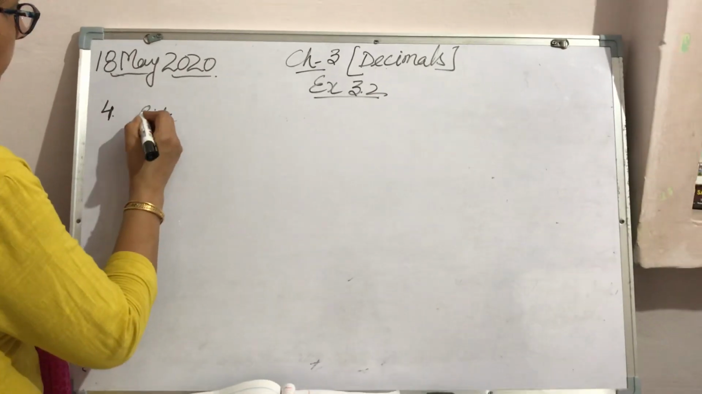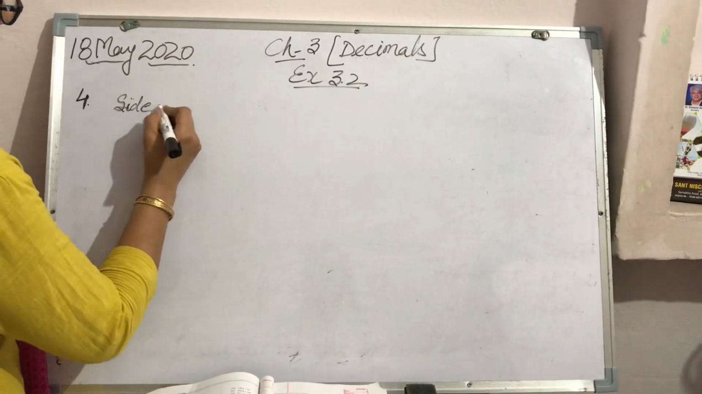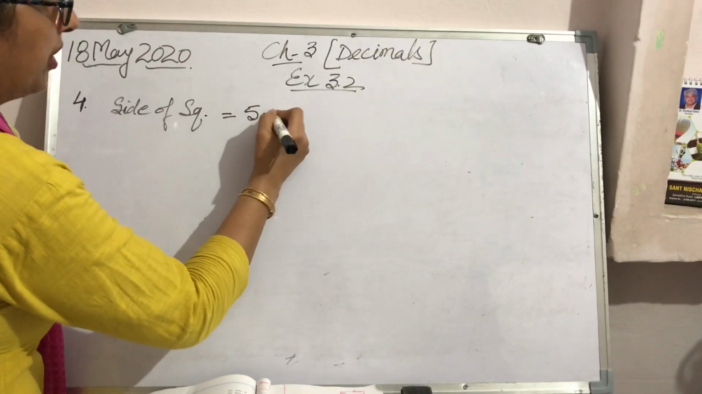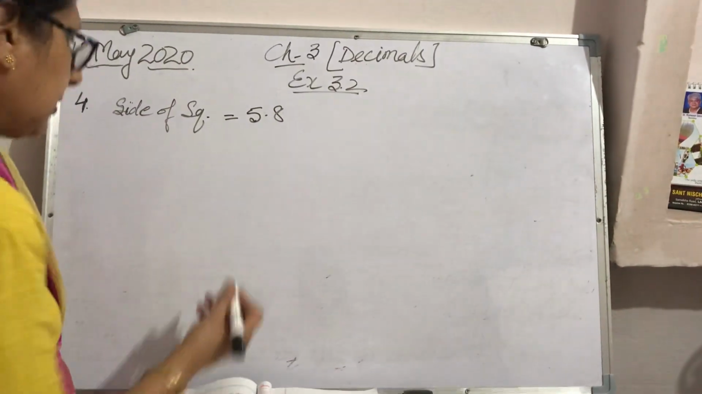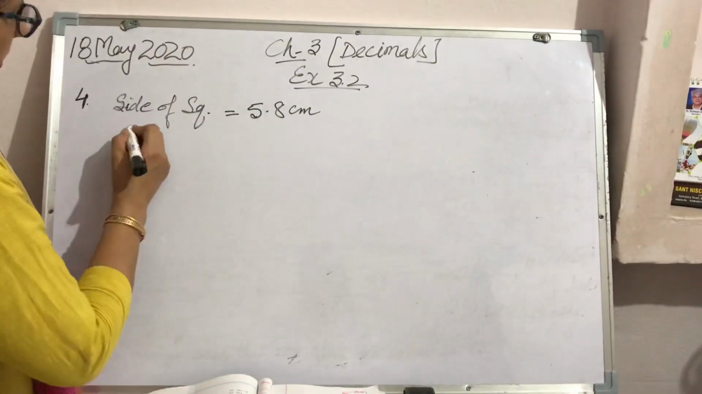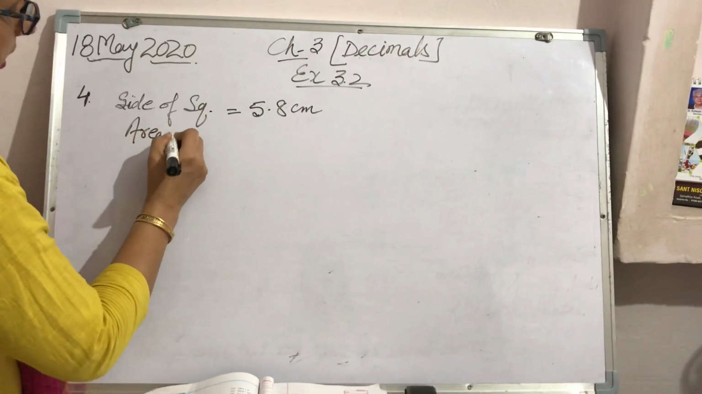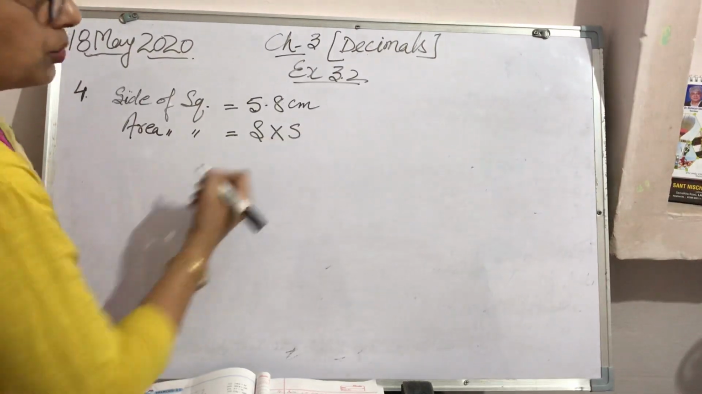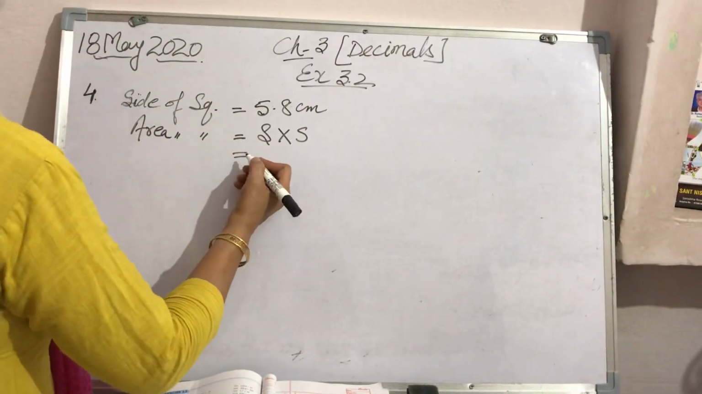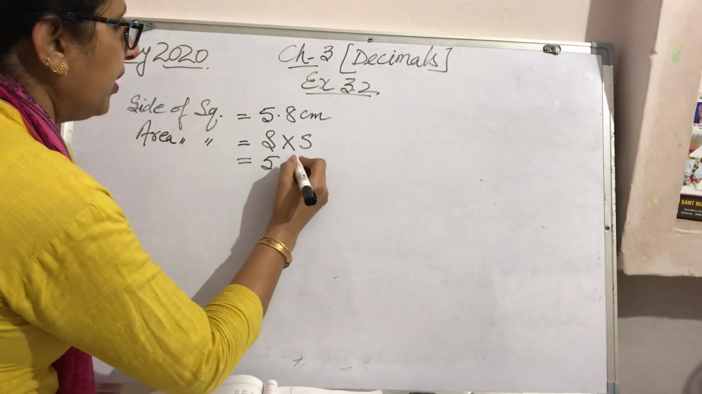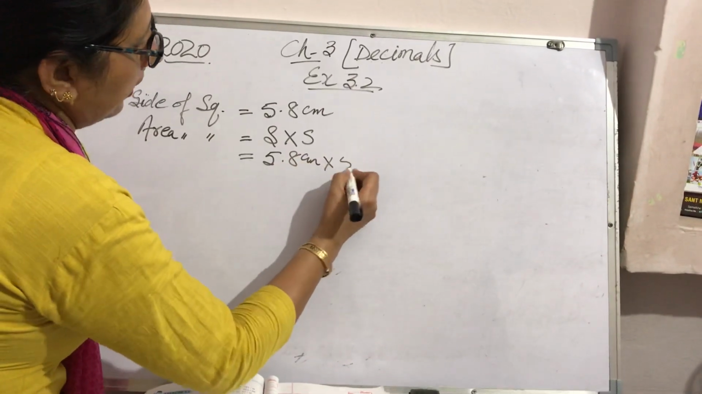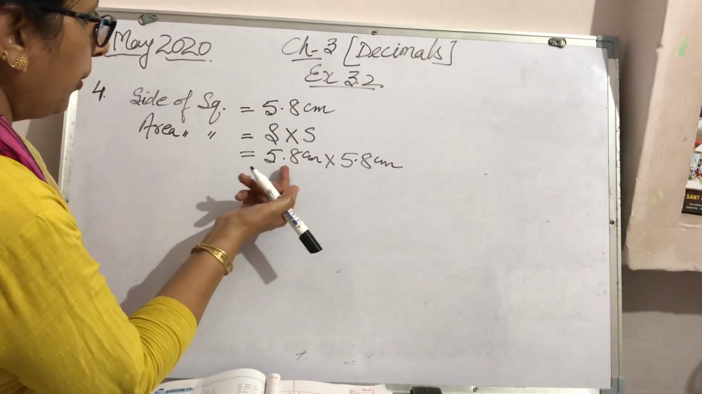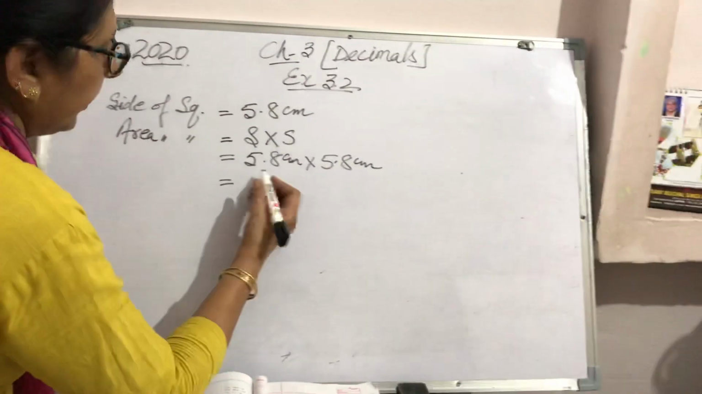The side of the square is given as 5.8 centimeters. The area we have to find. Area of a square is side into side. The side is given, 5.8 centimeter and again 5.8 centimeter. So 5.8 multiplied by 5.8 will be